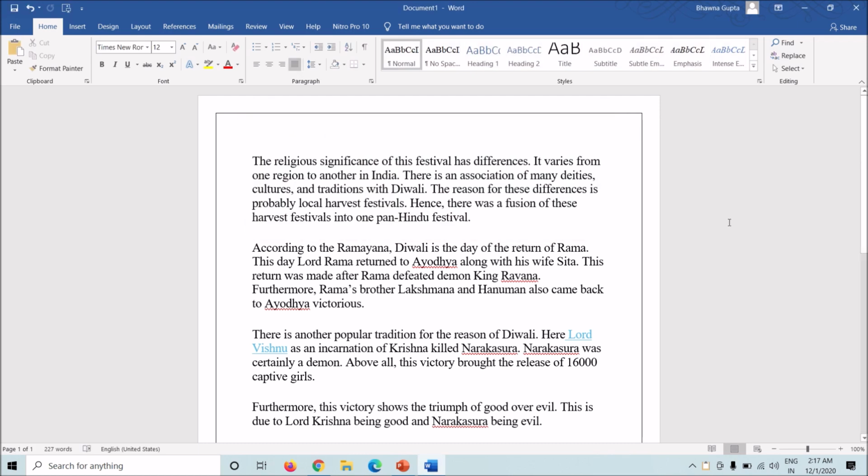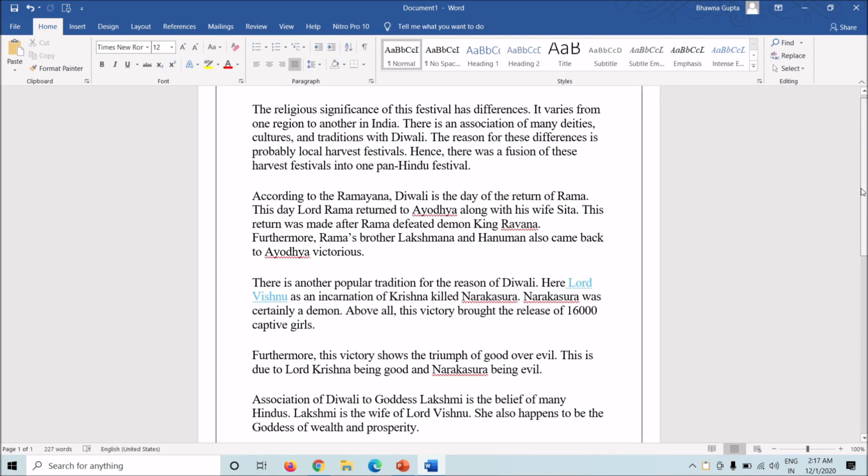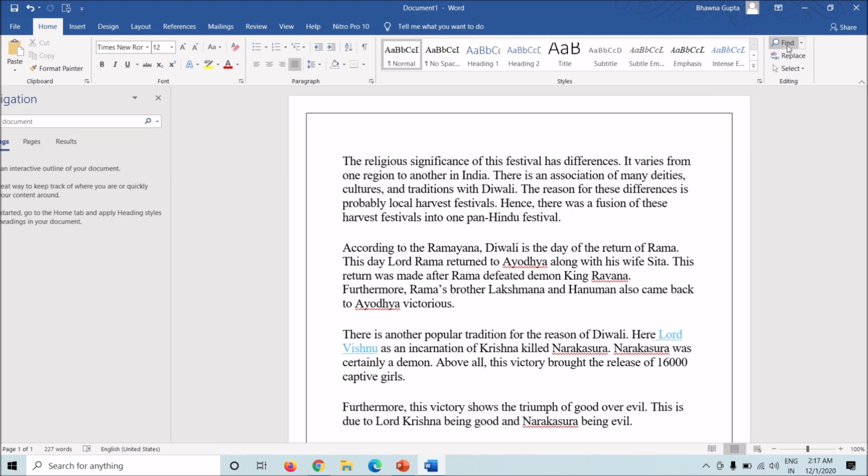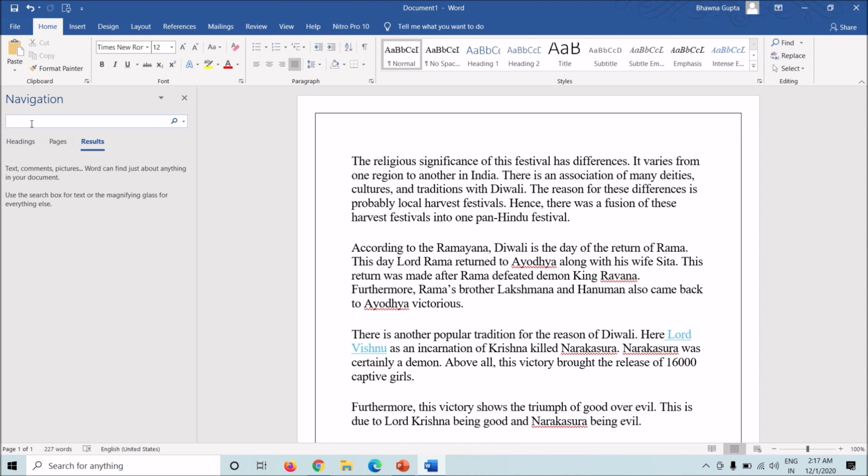Before I explain the concept of the replace option, let's go for the find option. If you're writing an essay on Diwali, there's a high chance that you might find the word Ayodhya or Ram or Ramayana or something, or crackers in the text. And this is a short text, but you might have pages and pages to read, and it could become easier if you go for the find option. You type the word you're looking for.